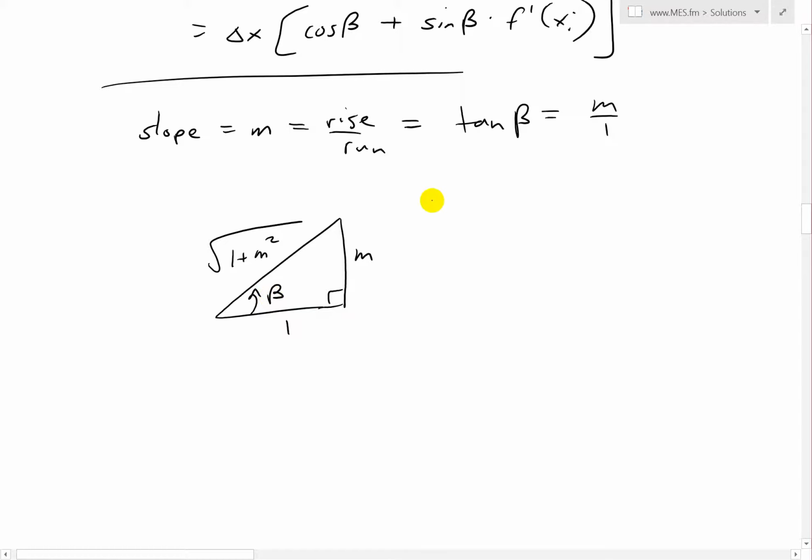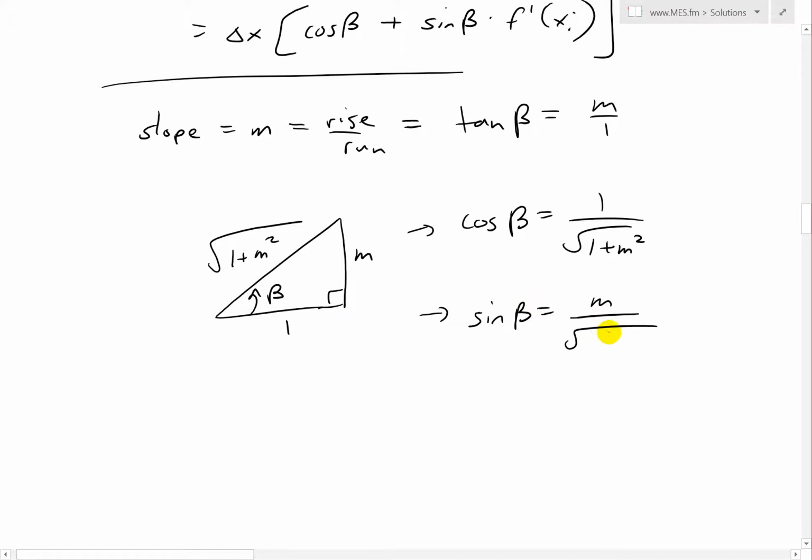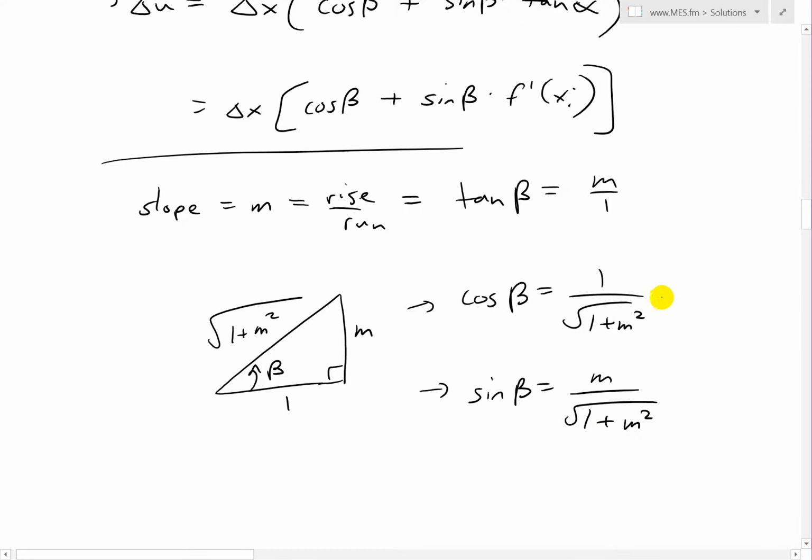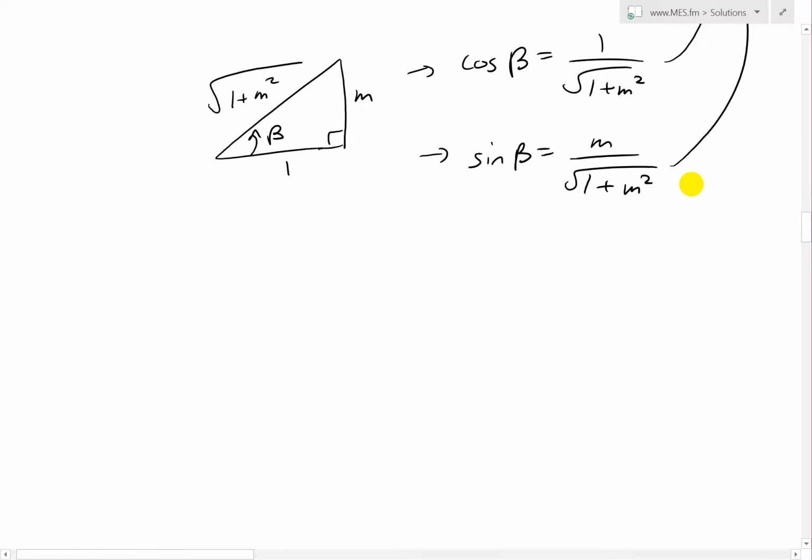So we know that yes, we have tangent. Now we can just solve for cosine. So cosine beta is equal to adjacent over hypotenuse, which is 1 over the square root of 1 plus m squared, and then sine beta is just going to be equal to opposite over hypotenuse, so m over the square root of 1 plus m squared. So now we could just plug these inside, and we get,